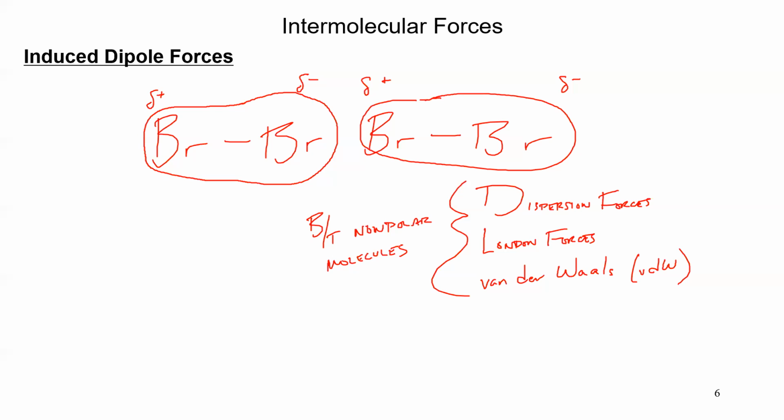If I have an HCl molecule nearby to a bromine, with his partial minus here and his partial plus here. Well, if I've got a bromine next door,